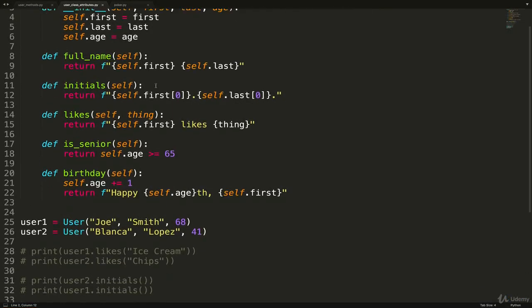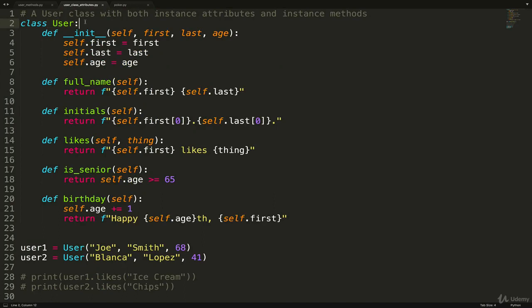So I'm back in the same user file where I have my class user, init, and then a couple of instance methods. I'll start off by saying that class attributes and methods are used far less often than instance attributes and instance methods. But with that said, this is a video on class attributes, so I better come up with an example. And the first one I'm going to show you has to do with keeping track of how many users we've created. So let's say that this is modeling a chat room now, like Facebook Messenger, and I want to keep track of how many users are active at any given moment. So I could say something like 5 users online, 4 users online.